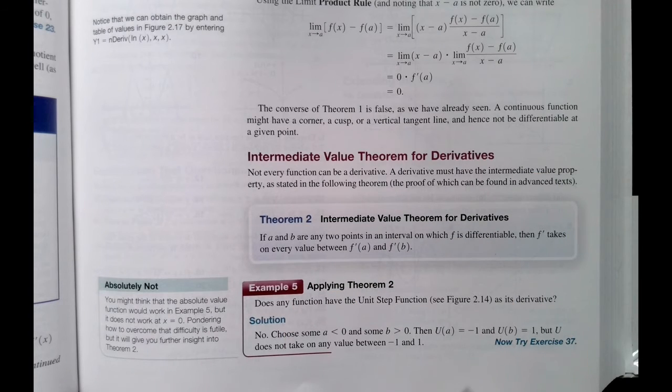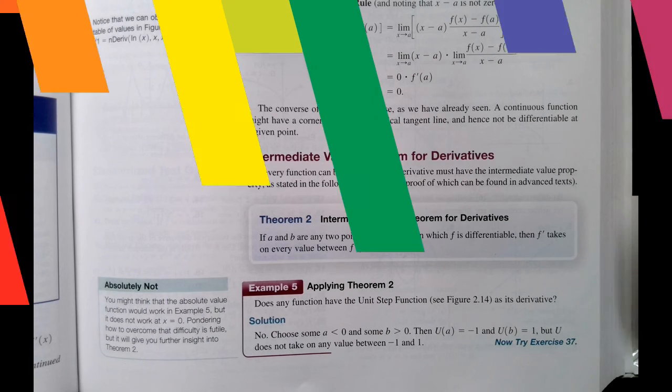We don't need to worry ourselves with the proof, but basically what it says is, if a and b are any two points on an interval in which f is differentiable, then the derivative f prime takes on every value between the outputs of those derivatives. It's another existence idea. We don't use this one too often, to be honest. However, it can help you sometimes with analysis. But in general,